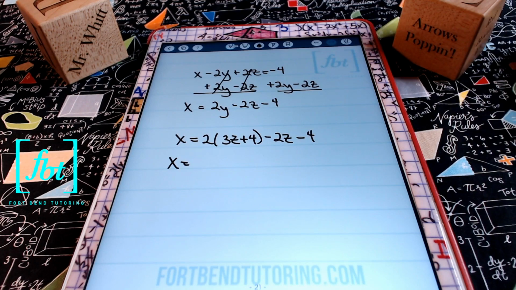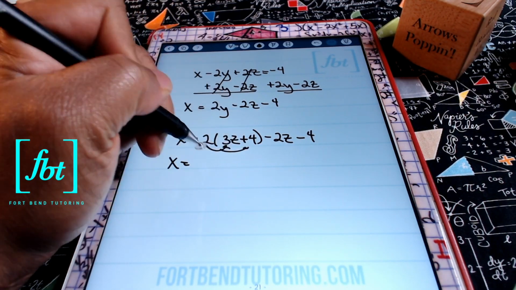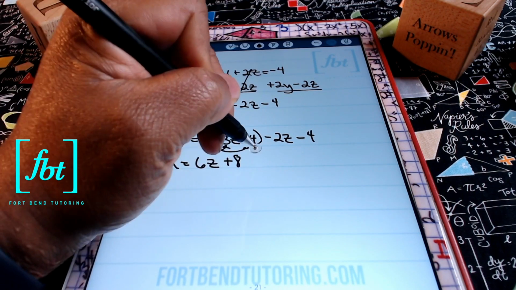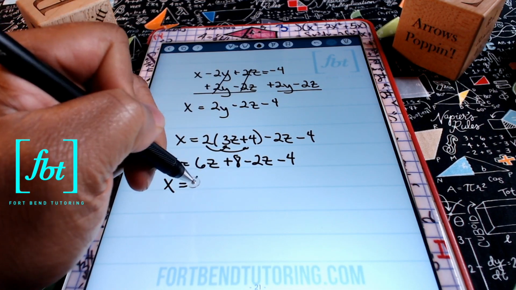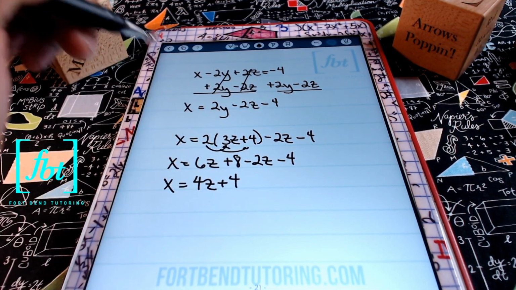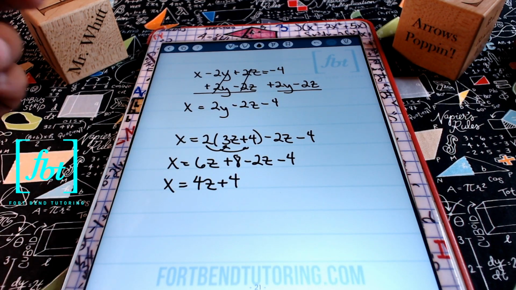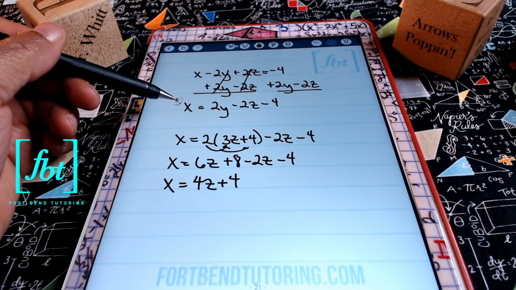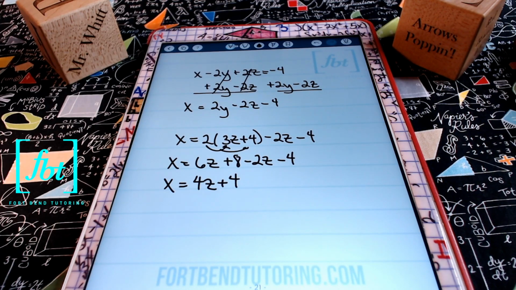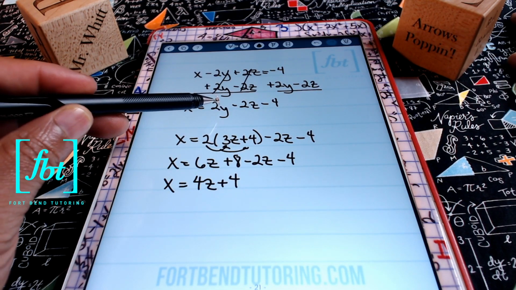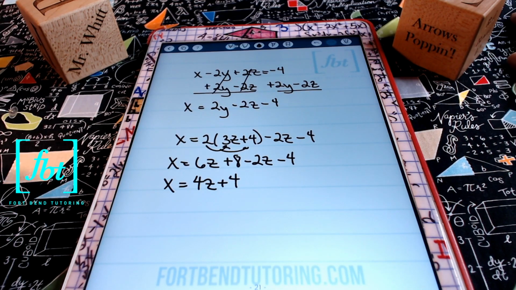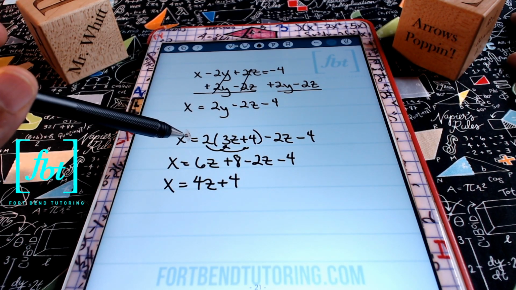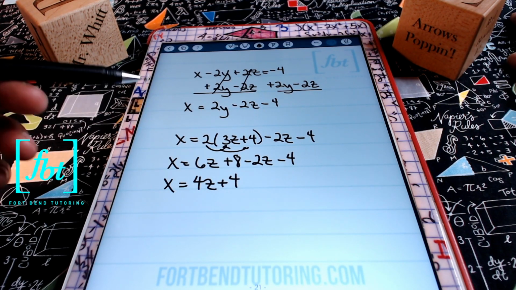Simplifying, and I'm going to get my arrows popping. You'll have 6z plus 8 minus 2z minus 4. This all simplifies to give you 4z plus 4 as your result for x, guys. So remember, not only did we isolate the variable x and write our result initially in terms of y and z, because we had determined that all of our solutions were going to be written in terms of z, we then substituted in the value of y that we yielded in our previous step and plugged in that 3z plus 4 for the variable y. After we distributed and got our arrows popping, we went ahead and combined our like terms and got x equals